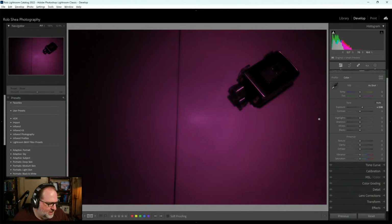Okay, so let me catch up on comments here and see where we're at. Some more conversation here. Here's a question from Cameron. What is the relationship between hotspots and aperture? Does a wider aperture increase the amount of hotspot? It's actually the opposite. Wider apertures tend to have fewer, sometimes no hotspots, and narrower apertures or higher f-stop numbers tend to have